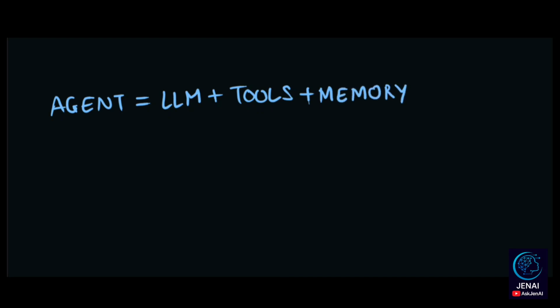An AI agent is not just a language model, it is a system built around several coordinated components. The first component is the LLM. This is a reasoning engine that understands tasks and generates decisions. The second component is tools. Tools allow the agent to interact with external systems such as APIs, databases, search engines, or document processors. The third component is memory. Memory allows the system to store intermediate results and maintain context across multiple steps. And the fourth component is the decision loop. This loop allows the system to continuously evaluate progress and determine what action should happen next. When these components work together, the AI system can move beyond answering questions and begin completing tasks.